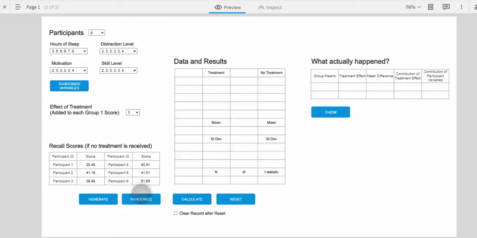And then what you do after clicking Generate is click Randomize. This will randomly assign the 6 people to 2 groups of 3. These 3 people got the sugar treatment, 2, 3, and 6. These 3 people didn't get the sugar, 1, 4, and 5, and these are their recall scores. And let's look at person 2. Notice how without the treatment, their score is 41.16. But with the treatment,